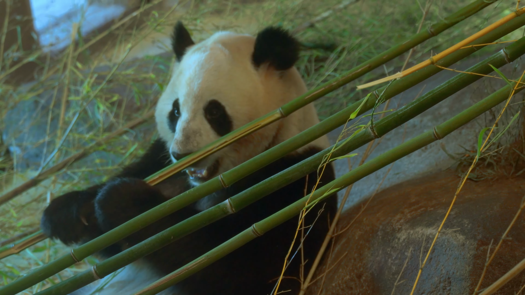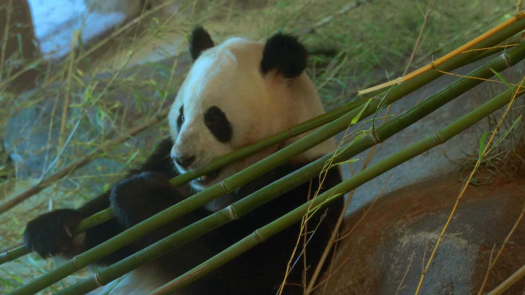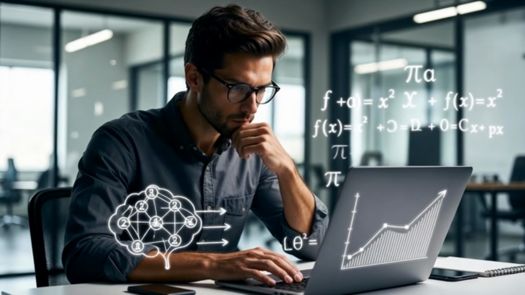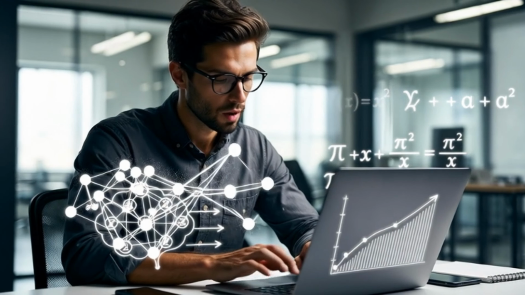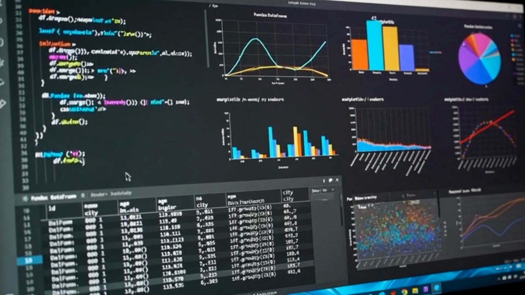So the first package is Pandas. If you are someone who is already working in the data field, whether as a data engineer, data analyst, data scientist, machine learning engineer, or you're just starting off, you would have heard of this tool. This is one of the most powerful packages if you're working with structured data.